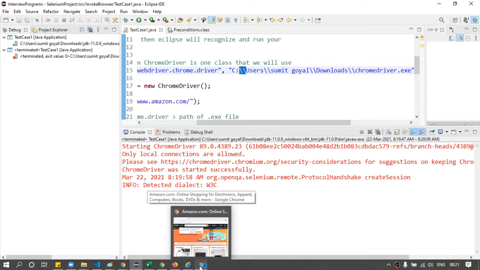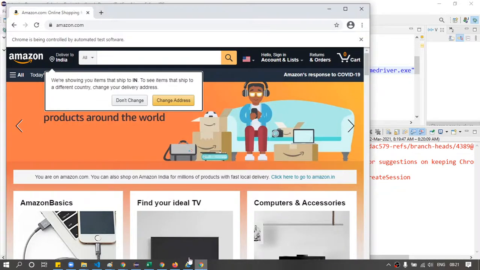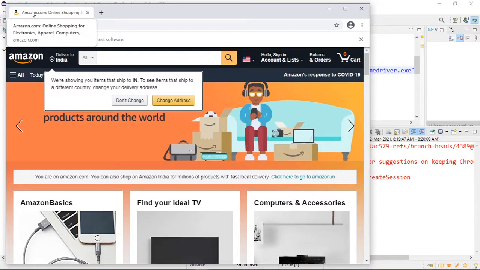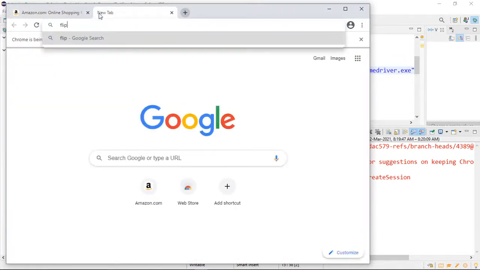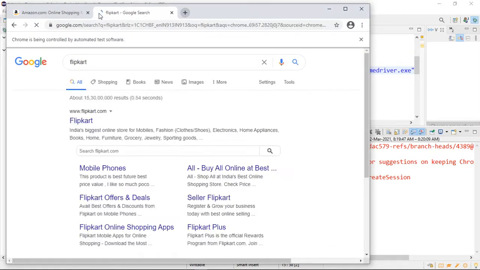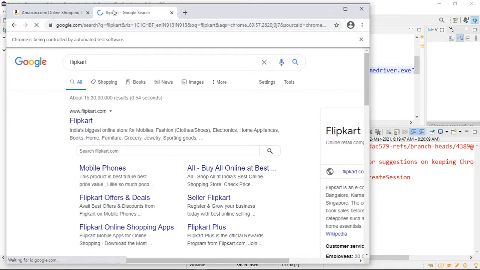Okay, so you can see the Amazon website has opened. If you see here, what is the title? Let me take some other website, Flipkart. Suppose I want to get this title.